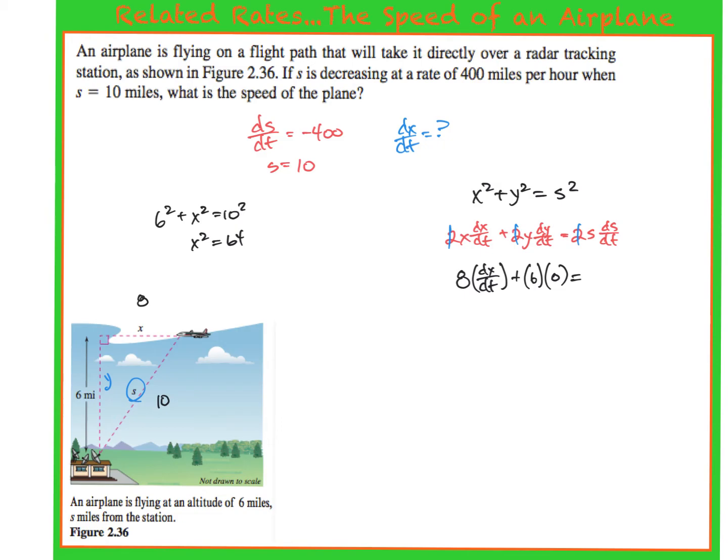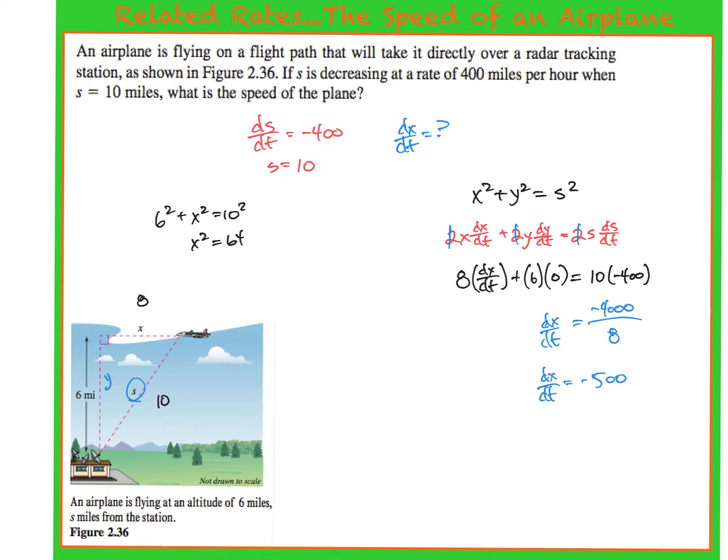Is equal to, what's my s? 10. And then what's my ds dt? Negative 400. Why was it negative again? Because it's decreasing. All right. It's getting closer to my radar station. All right. Let's do a little bit of math. 10 times negative 400 is negative 4,000. And then I'm going to divide that by 8. So dx dt is equal to negative 4,000 over 8, which can simplify to